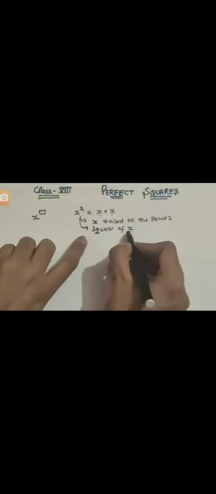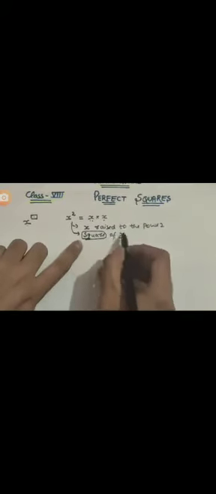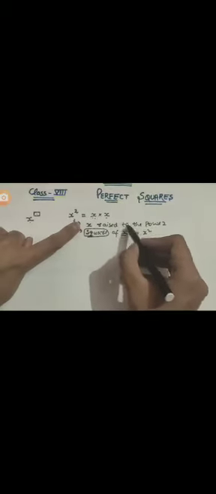or you can say that it can also be known as the square of x. Whenever it is written as the square of a number, x being a number, that means the power of that number is 2. So square of x means x square, or x raised to the power 2; this also means the same, that is x square.